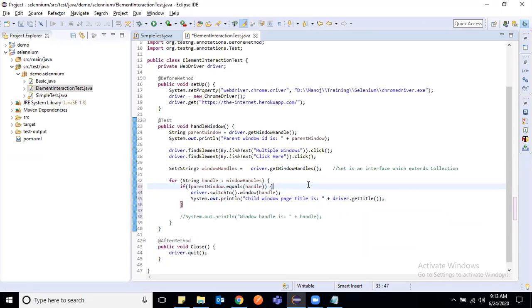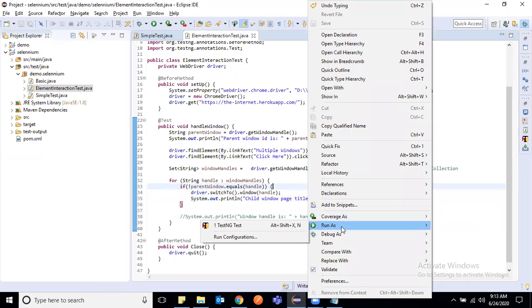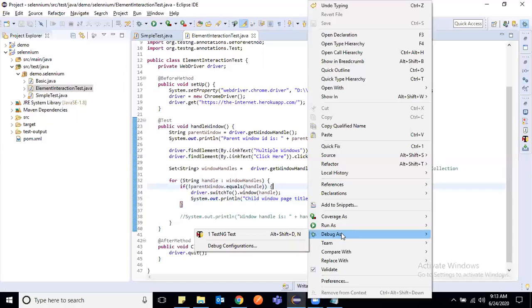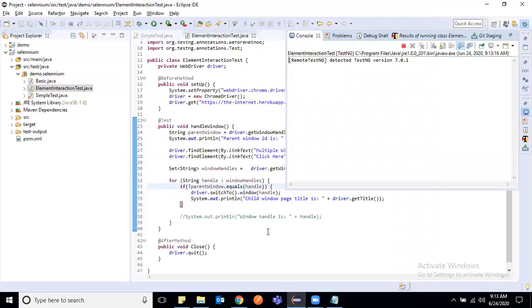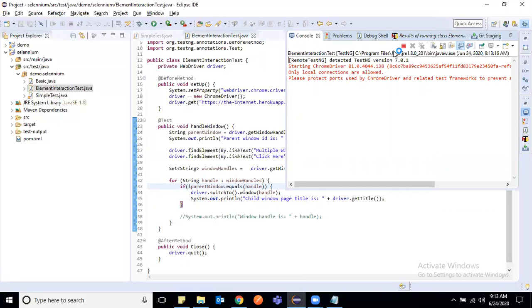We did not talk about the debug mode yet. So let us see how we debug a program in Java. Right click, instead of going to run as, go to debug as, and debug as TestNG. One mistake we made, let us stop this.